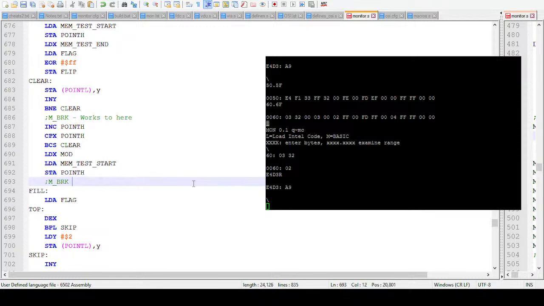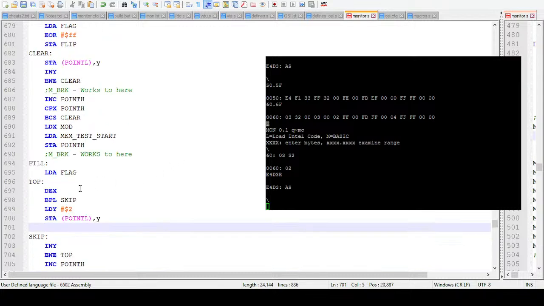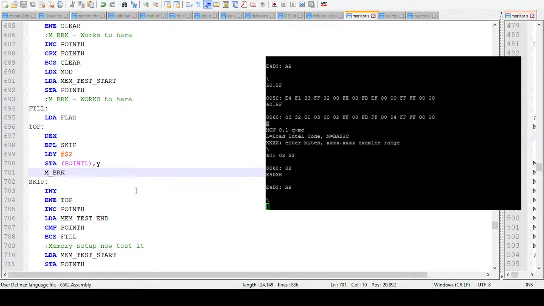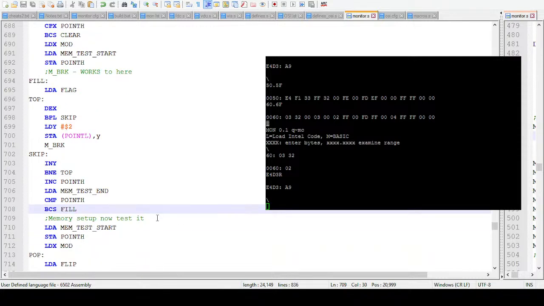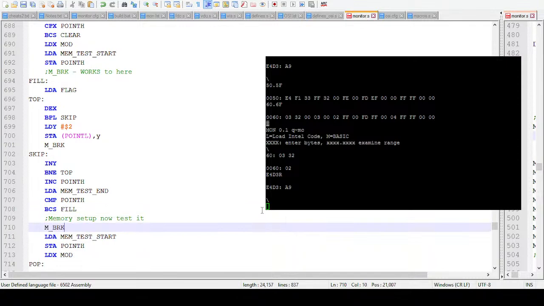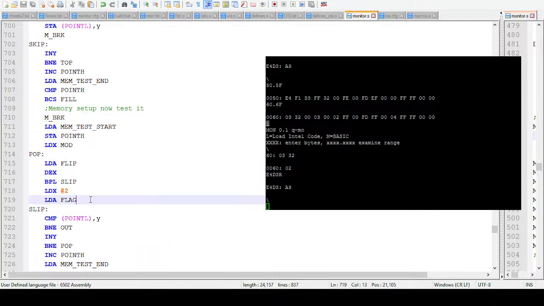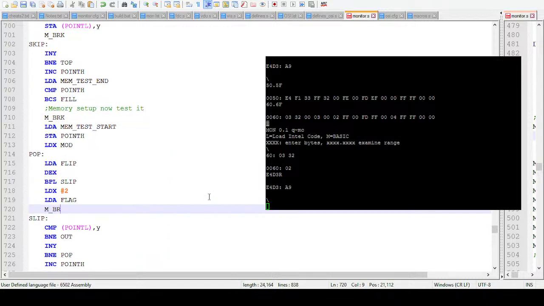And again, we're just going to add works to here. Okay, so